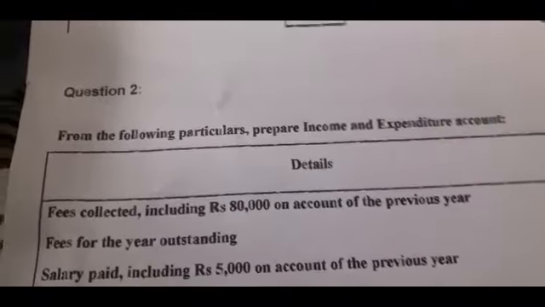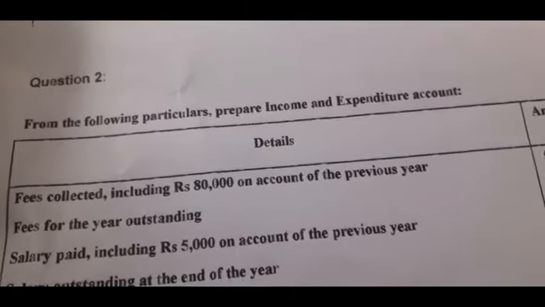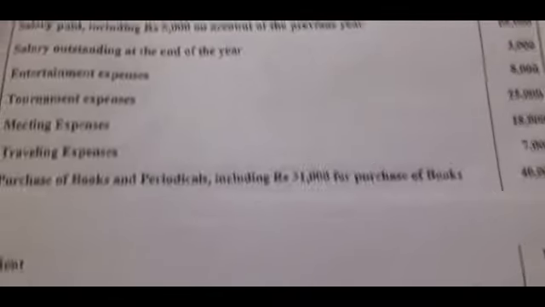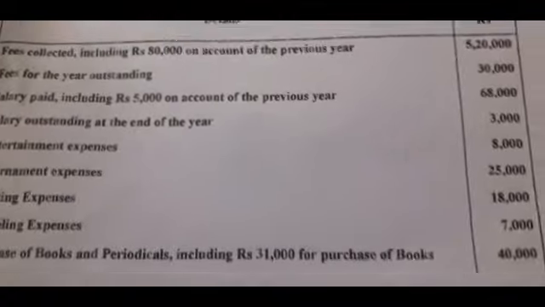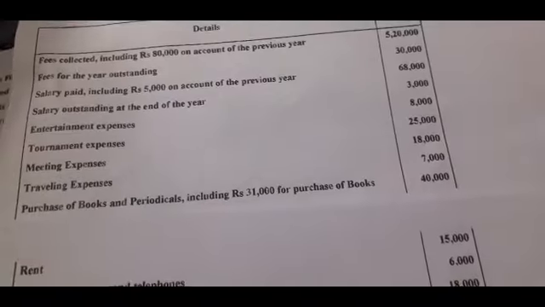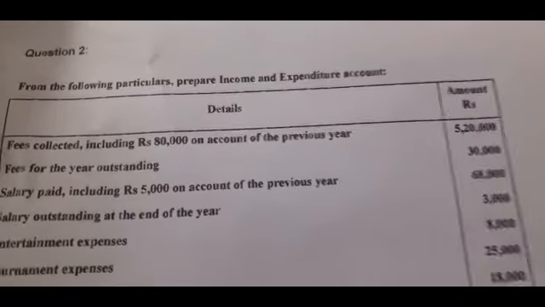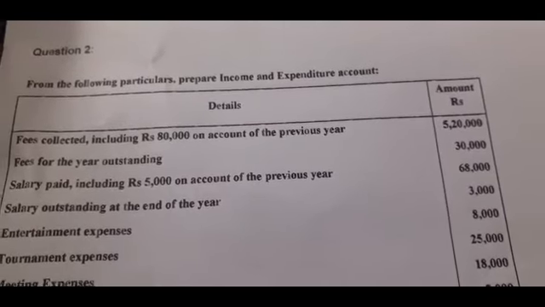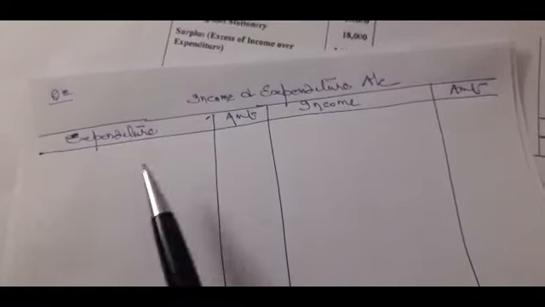Now we will try to solve question number 2. Question number 2, question is given in the form of a statement. The items are given. You have to decide whether it is an income or an expenditure. Secondly, name of the club is not given. Current year is not given. So income and expenditure account, this is the expenditure side and this is the income side. First item given is fee collected,